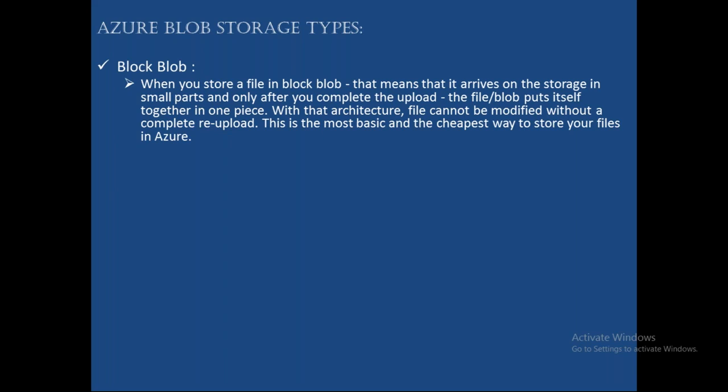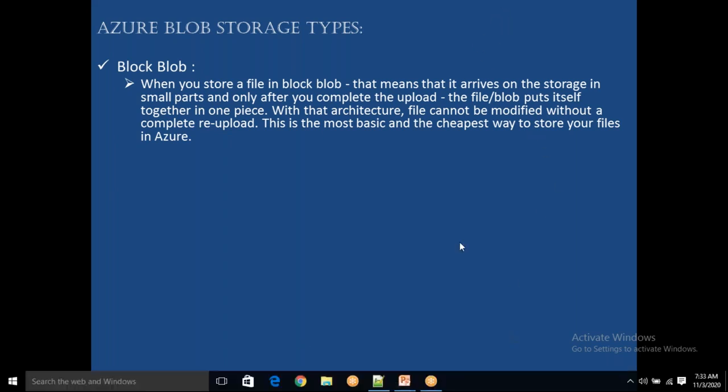Is it possible to modify just one block without touching the others? No, because you don't know how the data is broken into the blocks, and which block holds the part you plan to modify. So you need to modify and re-upload